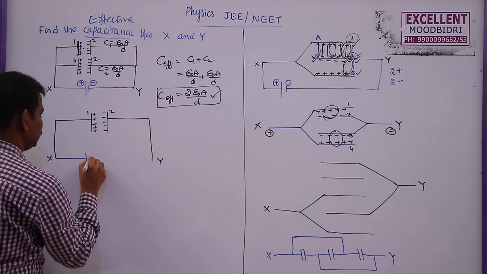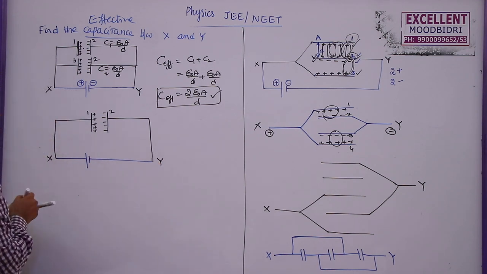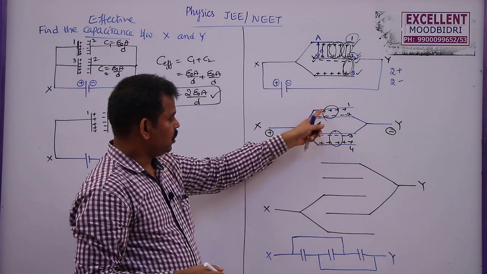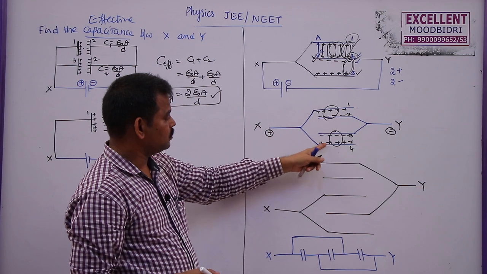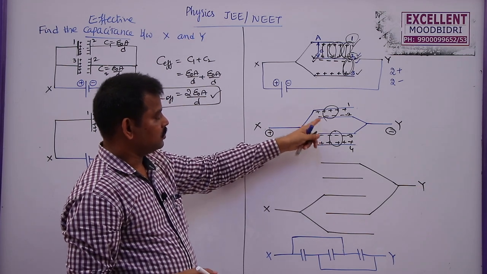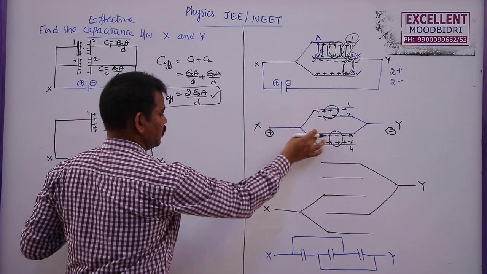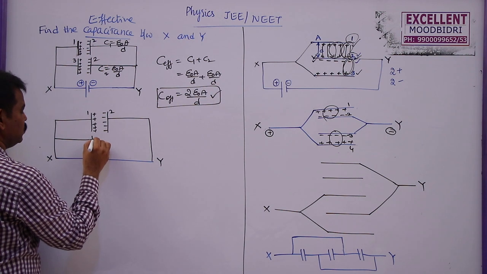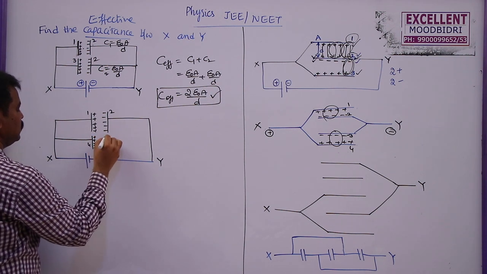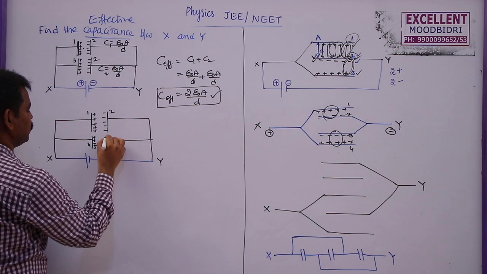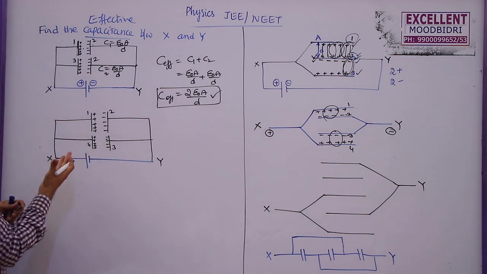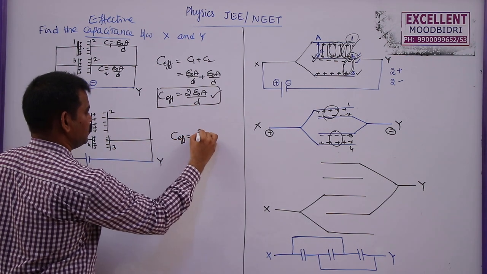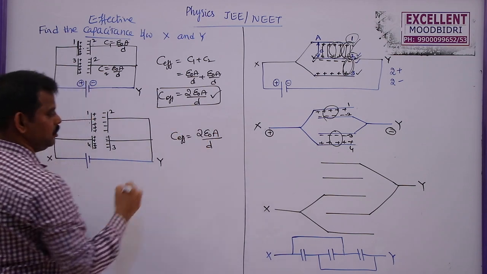First let me draw the battery here. This is the battery. Now 3 and 4 will also make one more capacitor. Remember, here positive and negative constitute a capacitor, positive and negative constitute a capacitor. These two are not charged, so a capacitor will not be formed between the second and third plate. Now from X we have one more plate, which is the fourth plate. This is 4, this is the third plate. Here also these two are connected in parallel, so the effective capacitance will become 2 epsilon naught A by d only.